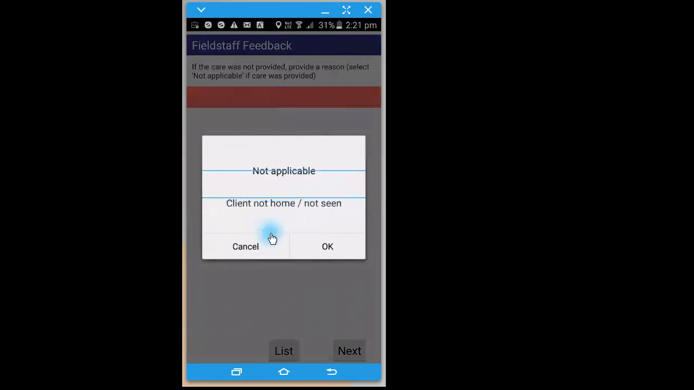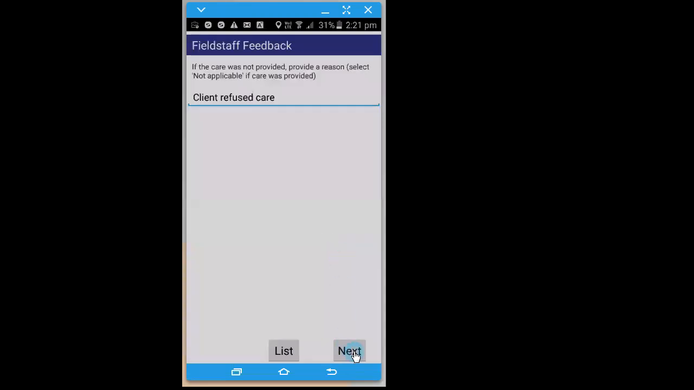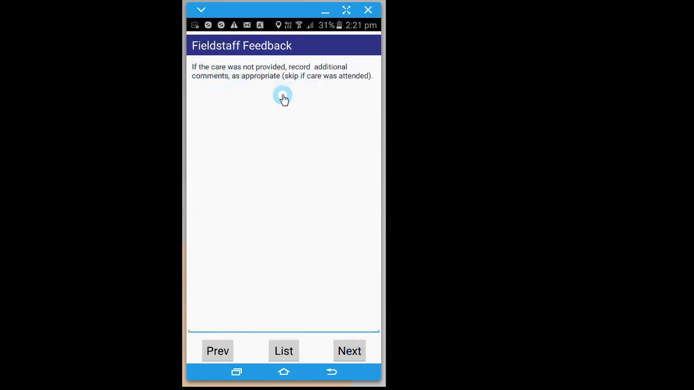It may be, let's go with client refused care. And I'll say okay. If I click next, it will take me to the next question in the list. Now remember, the second one was not mandatory. However, let's have a look at the question. If the care was not provided, record additional comments as appropriate, skip if care was attended. So I've said that the client refused care,